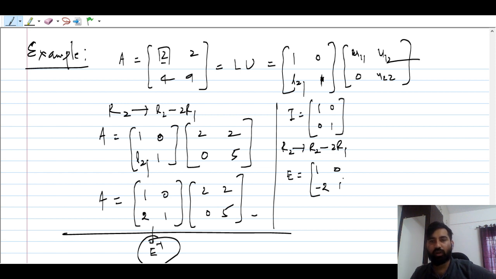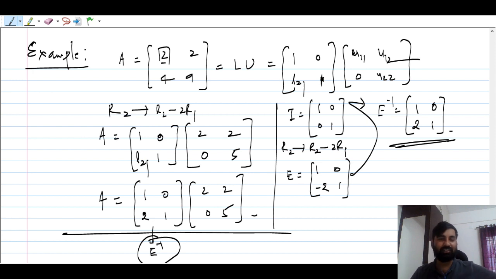And this will be 1 only, right? Now you have to find E inverse. तो आपका E inverse कैसे निकलता है? Everything is gonna be same if you interchange them, right? क्योंकि इसका डिटर्मिनेंट तो 1 ही आएगा, तो यू नो इट विल बिकम L21. ये देखो,